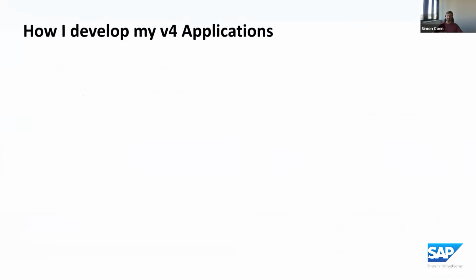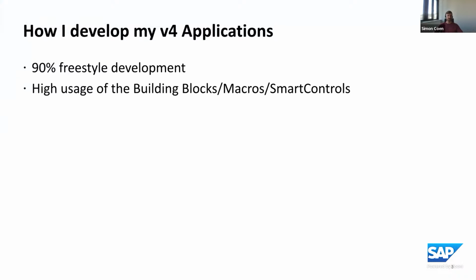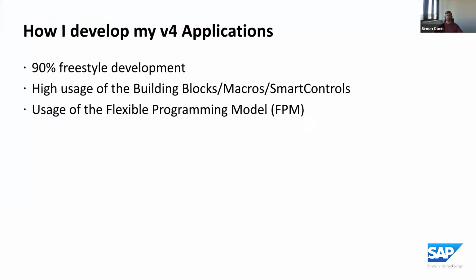Now, when we look at V4 application development, I still do more or less 90% freestyle app development. And here again, I use highly the building blocks, macros, smart controls, however they are now called. And here again, everything comes with a price. For example, the building blocks, we cannot use them directly in freestyle V4 applications. Before we can use them, we have to integrate the flexible programming model